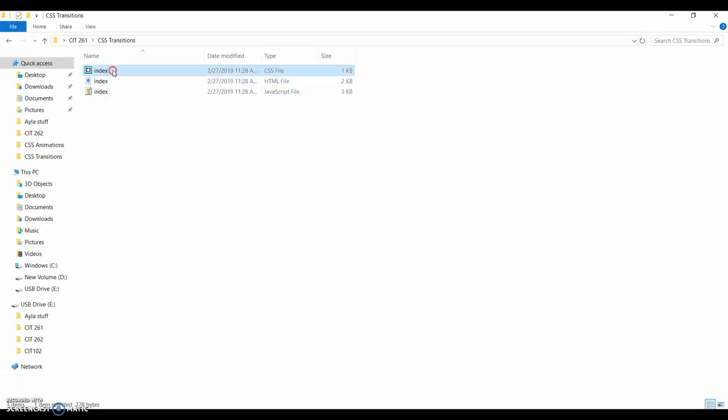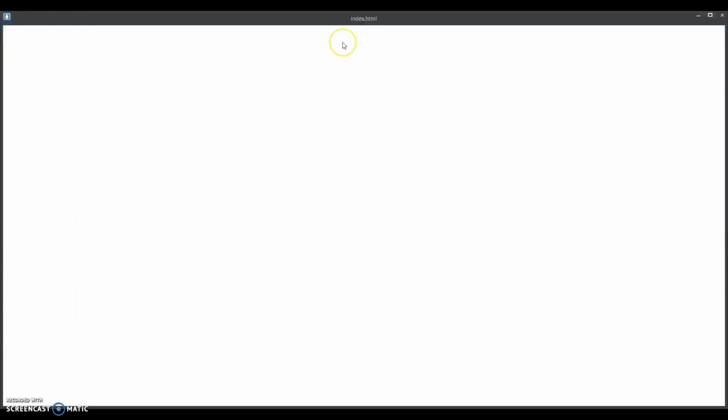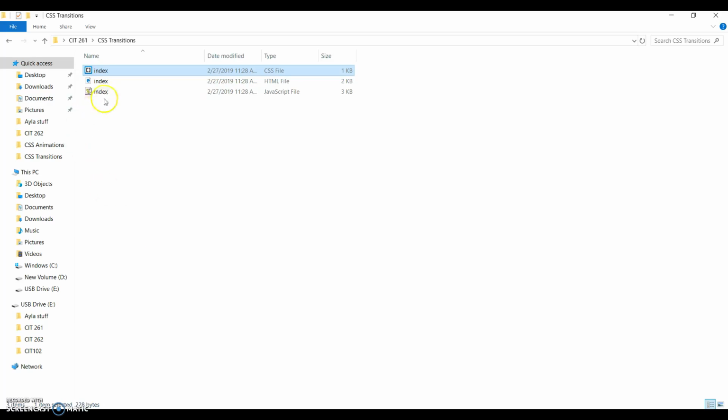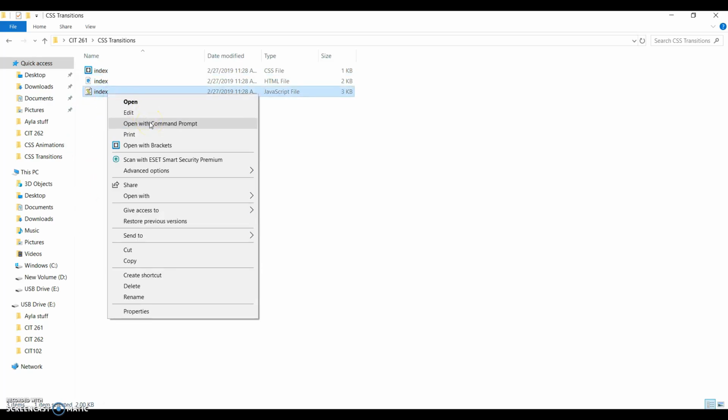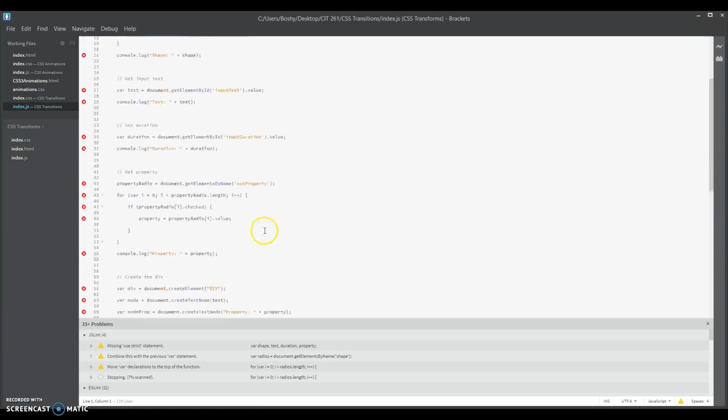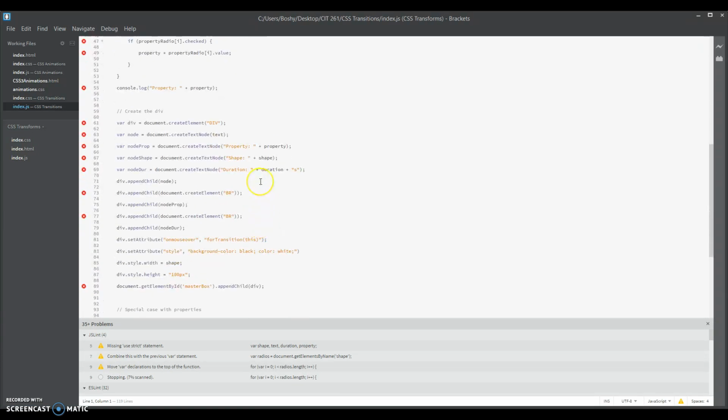Let's go ahead and take a look at my CSS file that I have. There's not too much in this CSS file. I'm changing my width, I have the background color, and I have my inline display of my vertical line here. Well, what I want to pay attention to is the JavaScript file here. This is where my transitions are triggered,